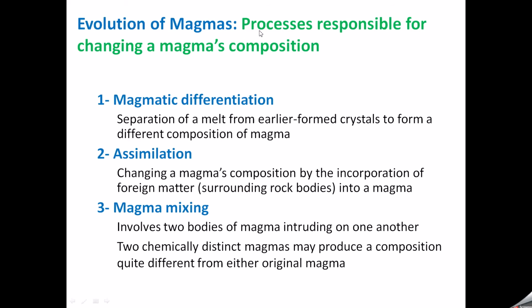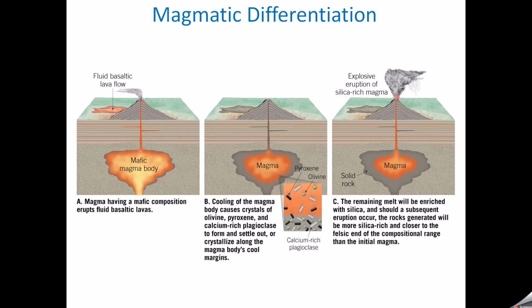Evolution of magma. We'll go through the processes responsible for changing magma's composition: magmatic differentiation, assimilation, and magma mixing. Let's look at the pictures first. So this is magmatic differentiation. At first we have magma rich in mafic minerals, magnesium and iron rich. That's basically basaltic magma. As this magma cools down,